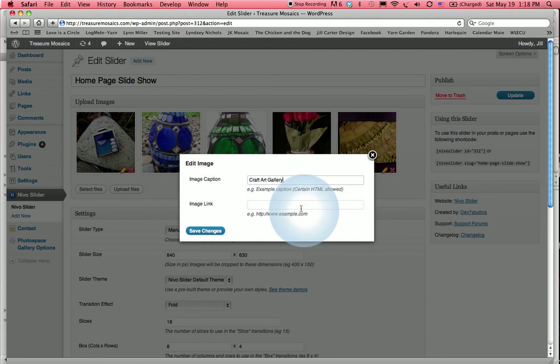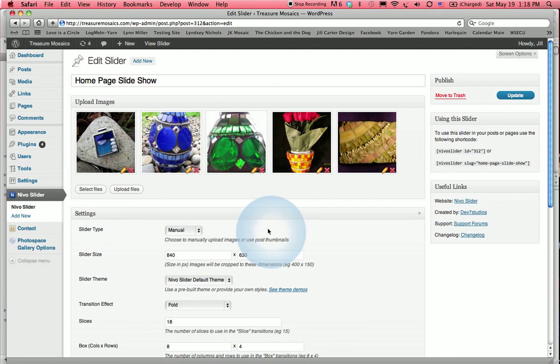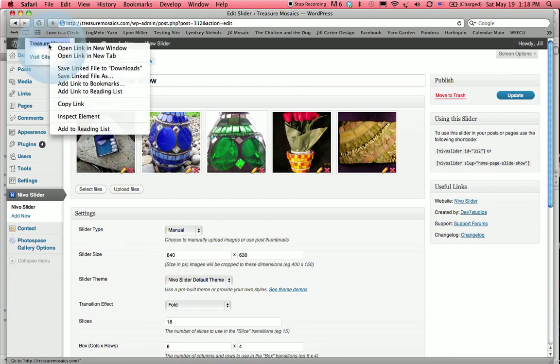So I'm just going to bail out of this for a second. I'm going to hit Save Changes, and I'm going to go get that information. So an easy way to do that is to go up here to your menu bar, and there's a quick link to take you to your home page. But I don't want to leave this page. I want to open a new tab so that I can bounce back and forth between the website. So I'm just going to right-click on this link up here, and I'm going to open the link in a